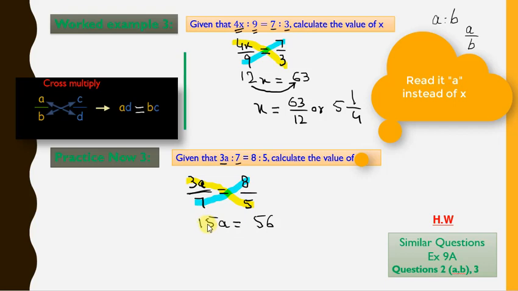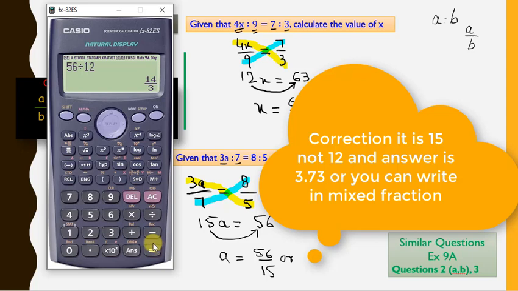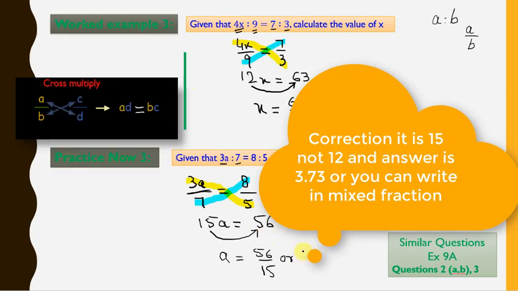Now as you can see, 15 is multiplying over here, and when we shift it to the other side, it will divide. So a will be equals to 56 upon 15, or you will solve it by dividing, and the answer will be in fractions. 56 divided by 15 and you will have 14 upon 3, and when you will solve it, you will have 4 whole 2 by 3. So our answer will be 4 whole 2 by 3.